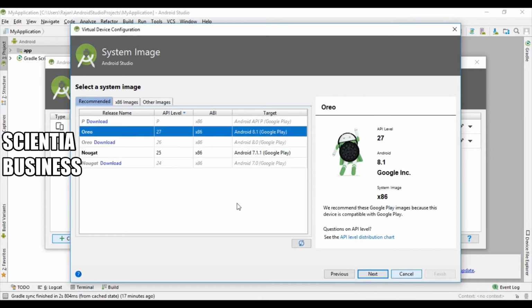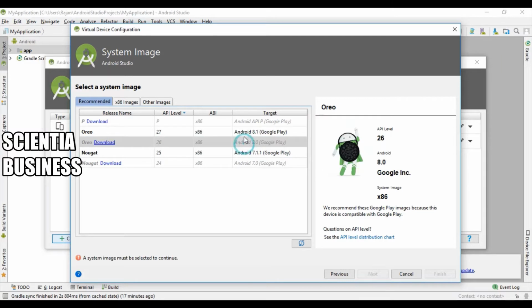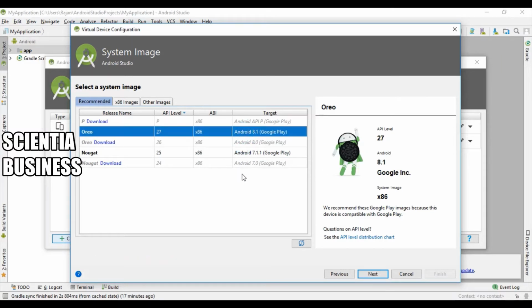In the next screen, you will see the list of all the Android versions, right? As you can see, the Android 7 version, Android 7.1 version, 8, 8.1. So these are the versions from which you need to select, and whatever version you select here would be installed against the virtual device which you selected in the previous screen.